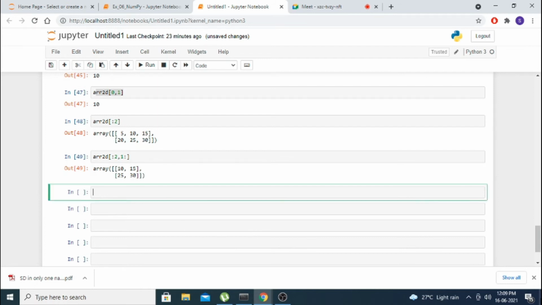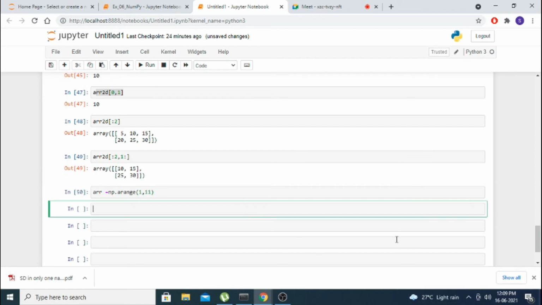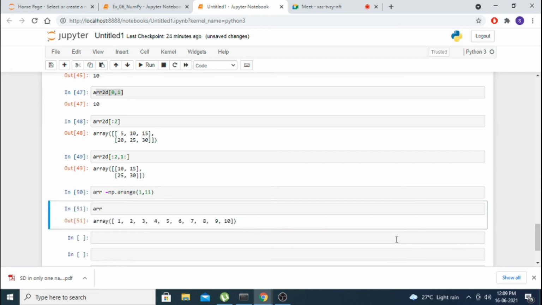Now I am going to give some other advanced concepts in arrays. I am creating one array, arr equal to np dot arange 1, 11. 1, 11 means you get an array 1, 2, 3, 4, 5, 6, 7, 8, 9, 10.